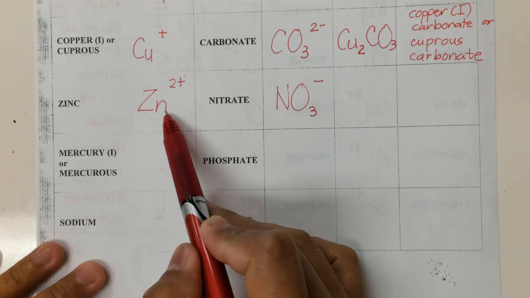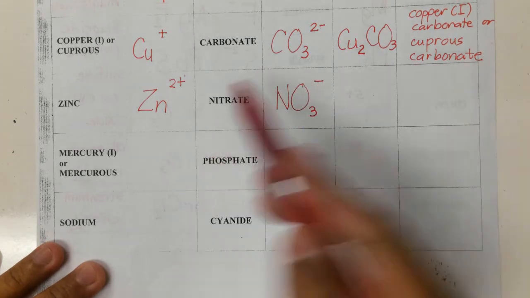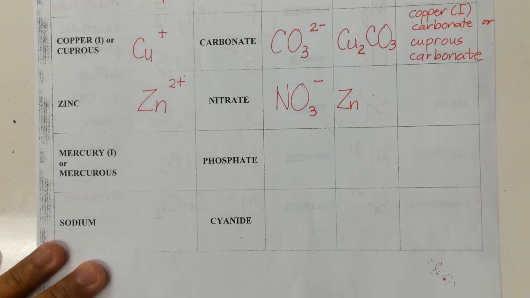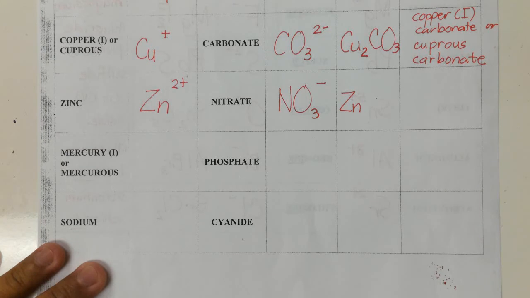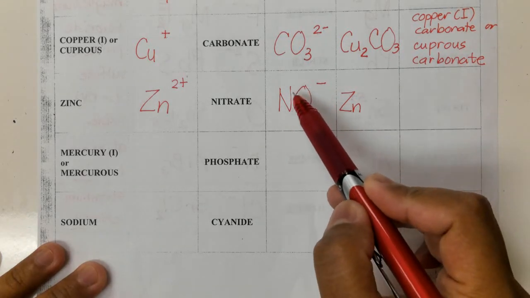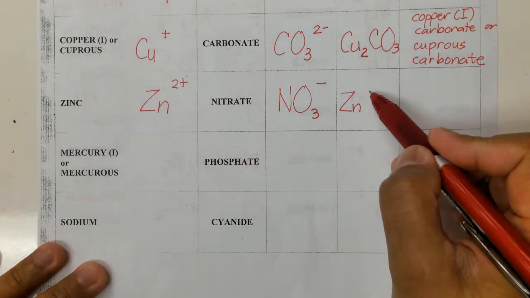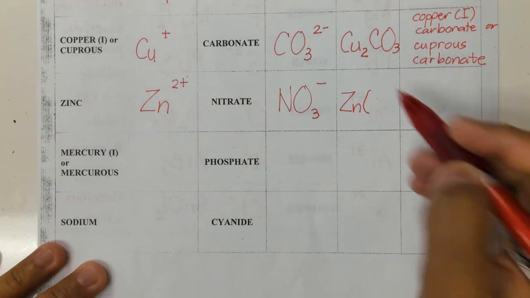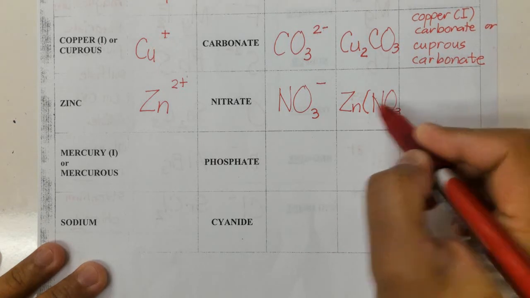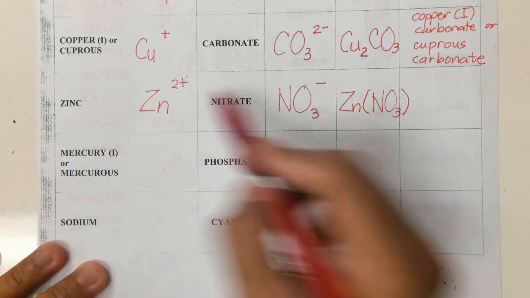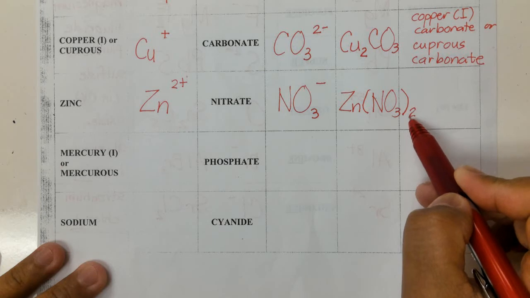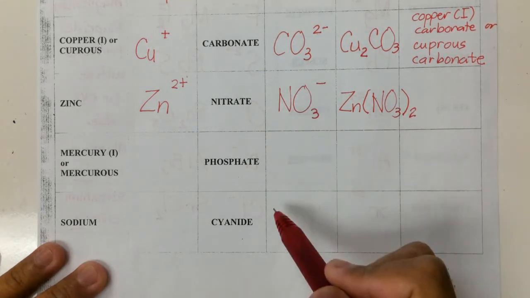The 1 will go to Zn. So the 1 from the nitrate will go to Zn. So that will just be Zn. And then the 2 will go to the whole NO3. It will go to the whole NO3. So what do we do in order to make sure that the NO3 will have entirely the 2? You have to make sure that you enclose it in a parenthesis and put NO3 first inside the parenthesis before you transfer the 2 from the zinc, so that the identity of your nitrate doesn't get